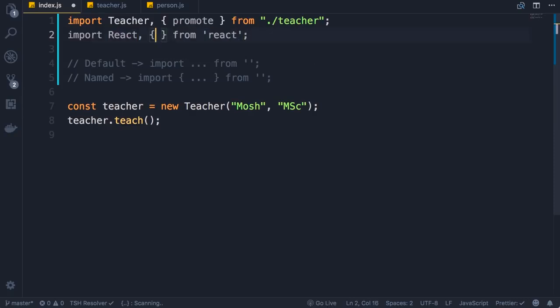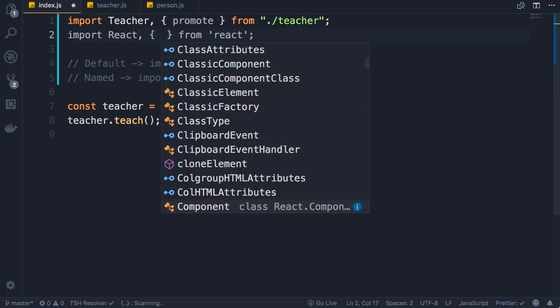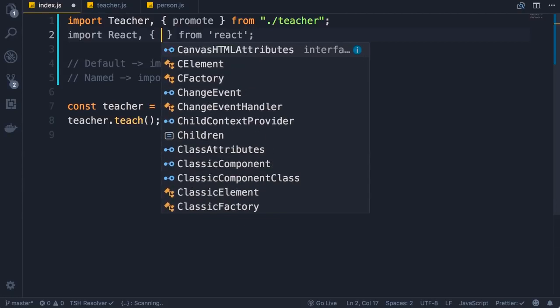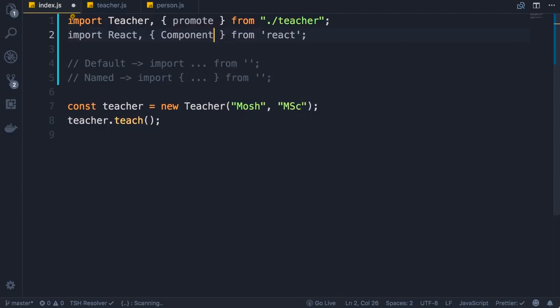So if I delete this and press Control Space, you can see all the named exports in the React module. 99% of the time, we're going to use the Component class because we want our custom components to extend this Component so they will inherit all the behavior, all the methods implemented inside of this class. Okay,